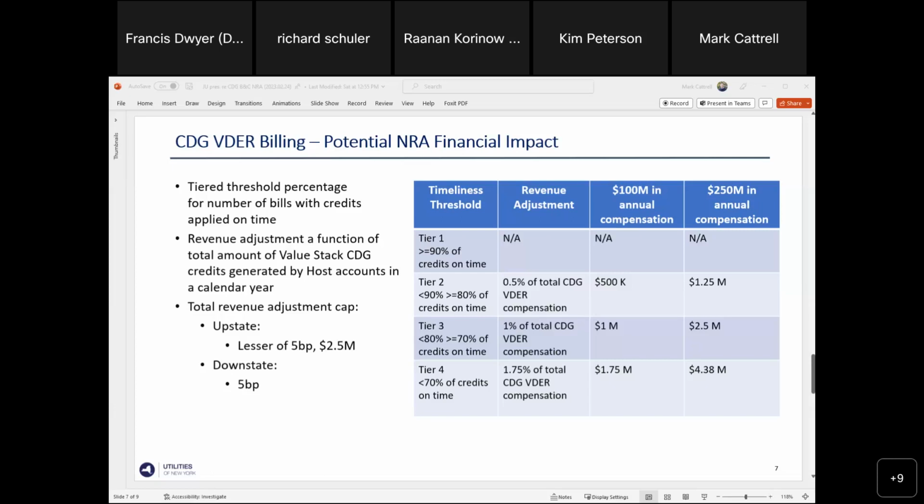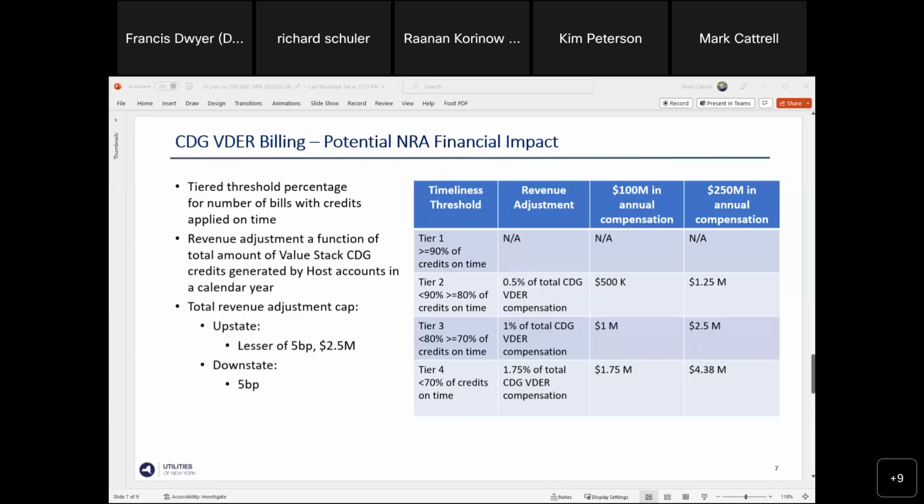Due to the various penetration levels of CDG across the utilities, we're proposing to cap an individual utility's revenue adjustment at 5 basis points, up to $2.5 million per year. However, for Con Edison, we're acknowledging that the $2.5 million cap may be relatively lower to comparable customer service performance metrics at our utility. So we're proposing just setting the cap at 5 basis points, without a fixed dollar limit. The value of a basis point is determined in each utility's electric rate case and grows with the value